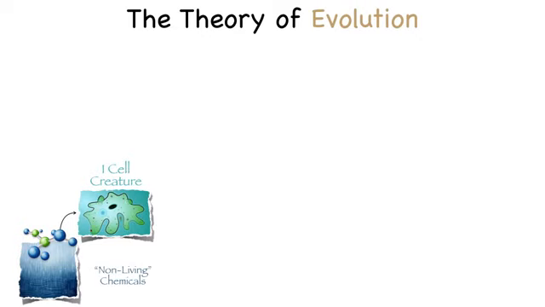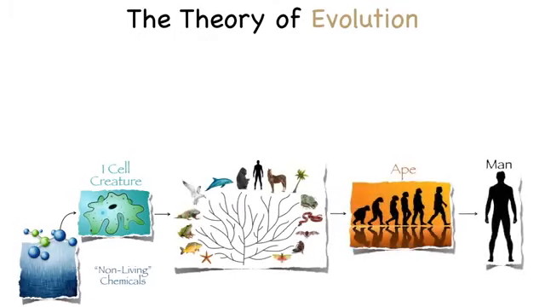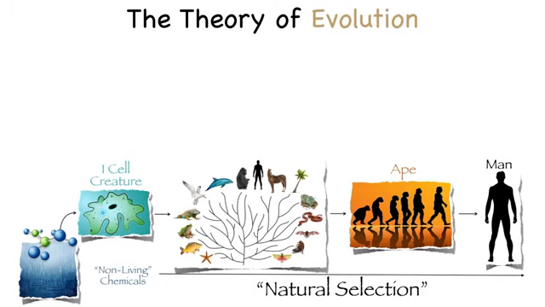According to this theory, life began on the very early Earth in a warm pond by spontaneous generation. This first life supposedly came from non-living chemicals. That's right, life, we're told, came from non-life all by itself. And that the one-celled creature, an amoeba-like creature, changed and evolved over time through slight successive changes to form all other living things. We're told that from this one-celled creature and by the process of natural selection came the fish, birds, dogs, snakes, trees, apes, humans, and every other living thing.